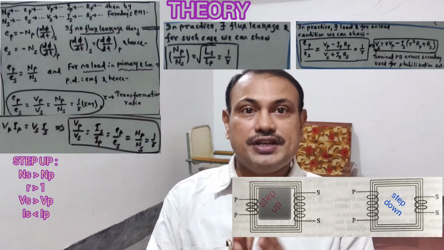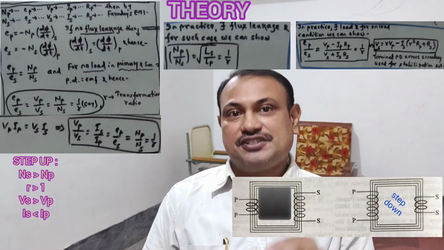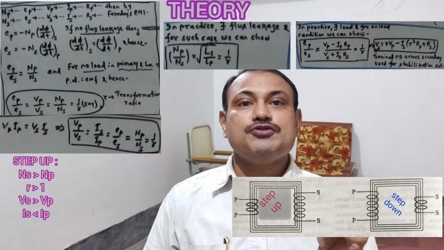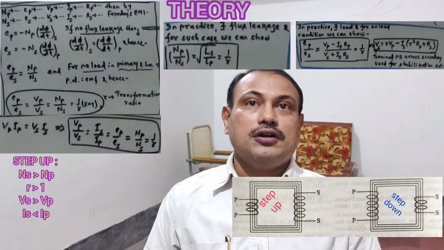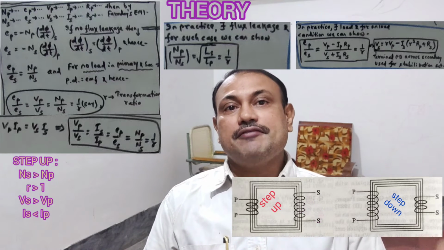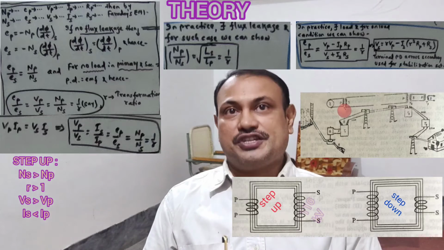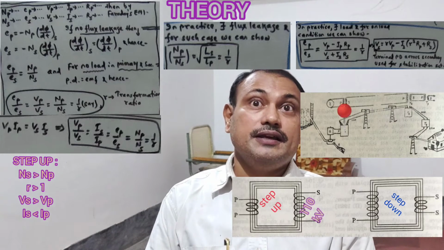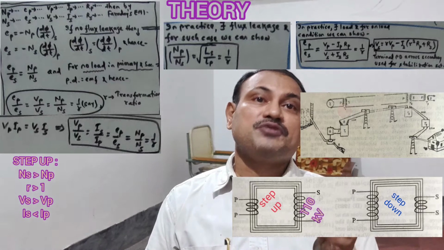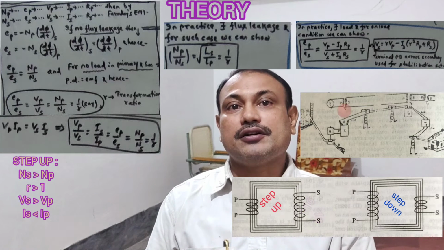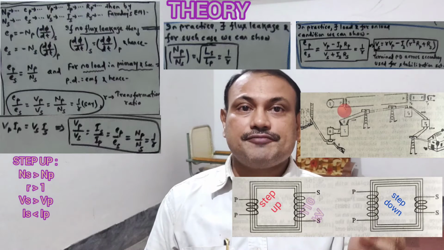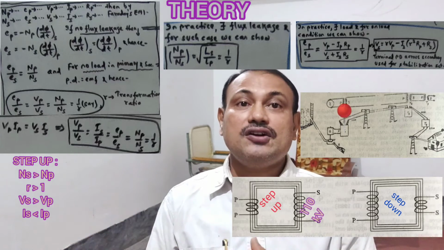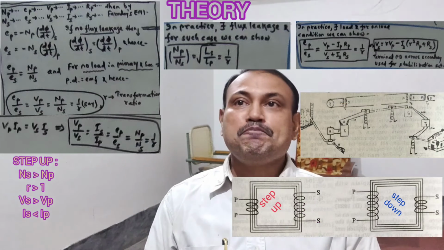This is the case we use in generating stations where power is generated. Generally 110,000 volt is produced before it is sent for long distance transportation. Like in the case of Hirakud and Bhakra Nangal Dam, the voltage is increased to 110,000 before it is despatched for utility purpose to parts of Odisha in case of Hirakud and parts of Delhi in case of Bhakra Nangal, and so in the cases of other generating stations.